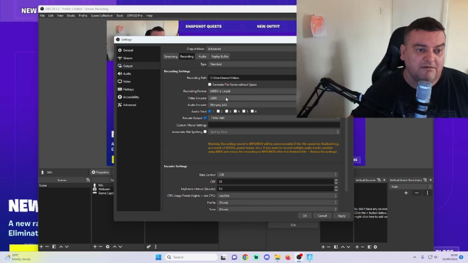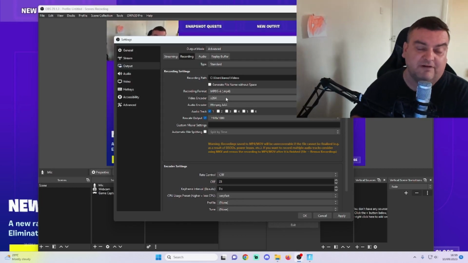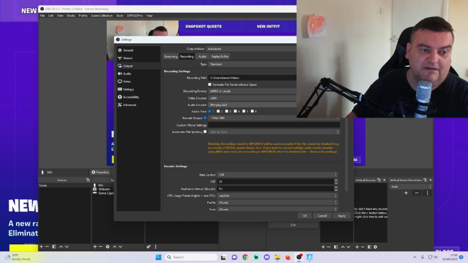With your recording, you could use your graphics card or your CPU. I tend to leave it on CPU. I suppose it would depend on how powerful your graphics card is, but really, if you're playing the game, you want your graphics card to focus on the game, and the CPU left to do the work of recording. My personal opinion. You can leave the audio encoder on that, or if you have the NVIDIA NVENC, that's also